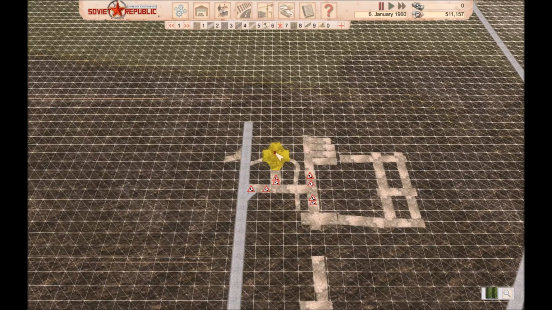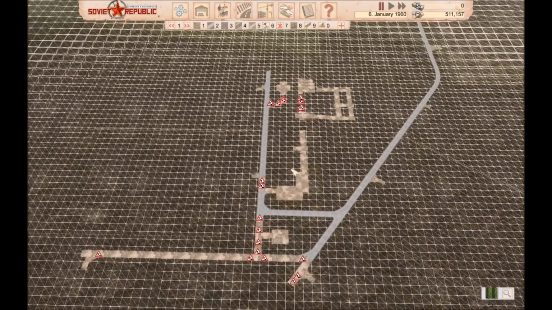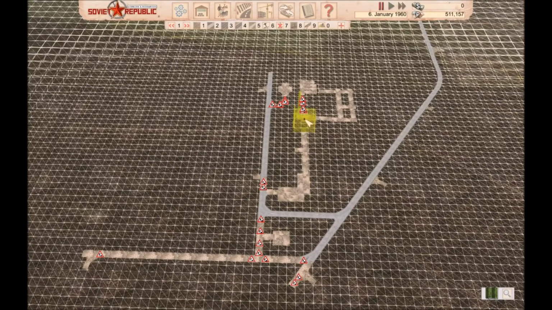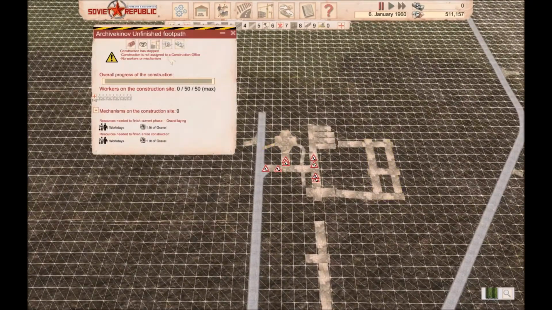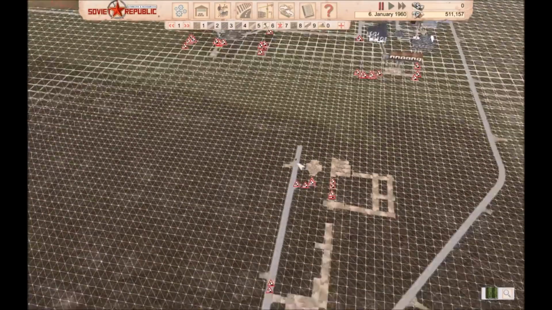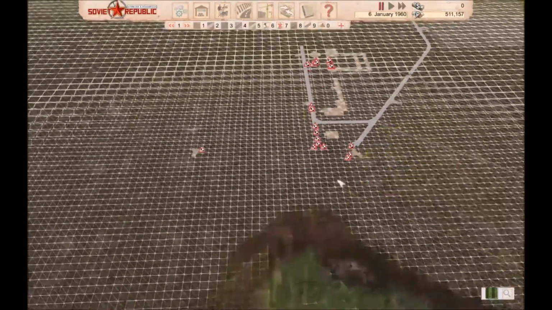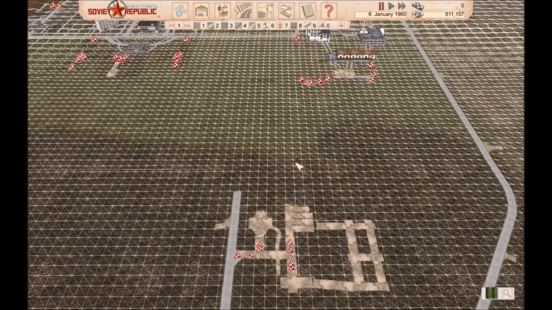Right, get rid of that. I need to wait till that's been built before I can tell it to go, but I'll have to tell everybody to go work at the distillery, because otherwise, like I said, they will go and work on the fields. I don't want them to. Right, so